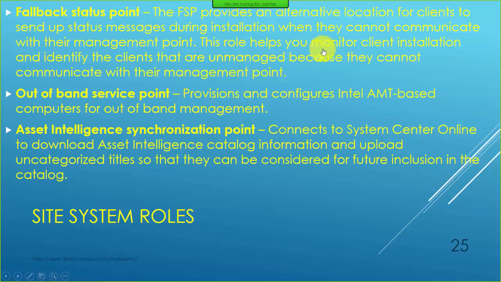So this role helps you monitor client installation and identify the clients that are unmanaged because they cannot communicate with their management point. So fallback status point just says that those Windows machines which are not communicating for some reason, they can still send status messages, or if they cannot contact the current management point, and you have a second one, they can send a message that, hey, we cannot